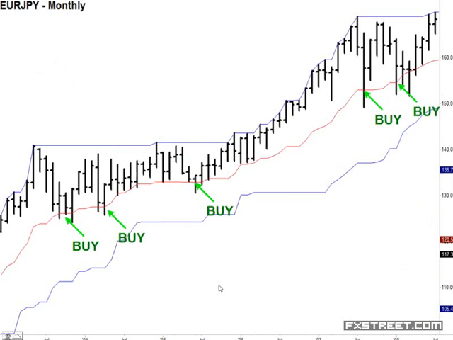Here's a monthly chart to show you that this technique works in any direction and in any time frame. Here's a monthly chart of the euro-yen going all the way back to 2004. As you can see, every time we touched the midline, we had a really nice aggressive entry. There were all aggressive entries here if you were an investor looking to hold on to long positions in the euro-yen. There were no conservative entries. So this is one thing you have to take into consideration prior to trading this technique. You have to decide, do I have enough money in my account? Can I personally trade this way where I simply buy when price touches that midline? It's up to you.